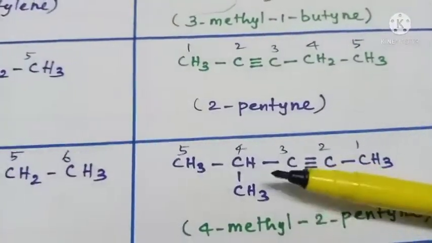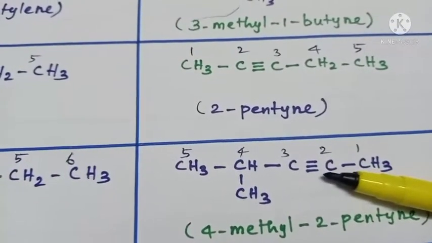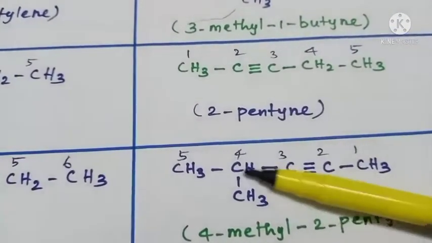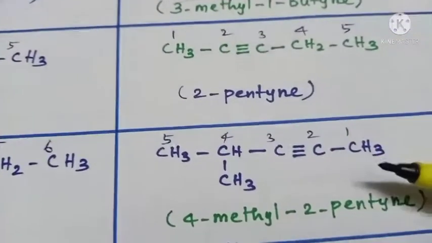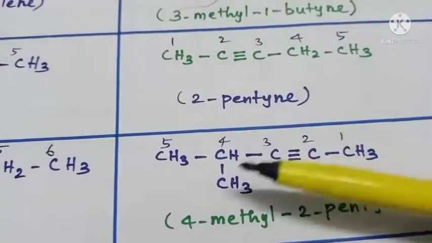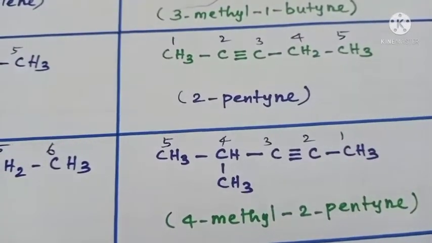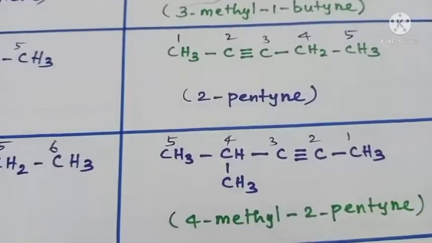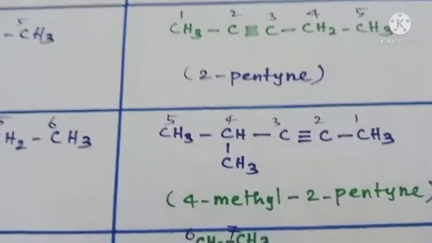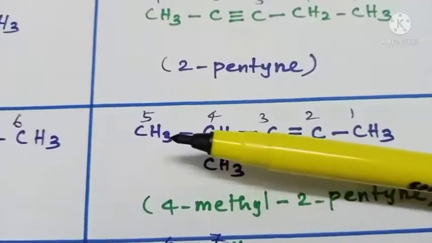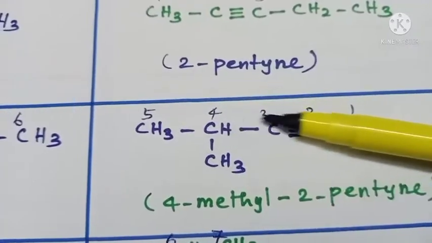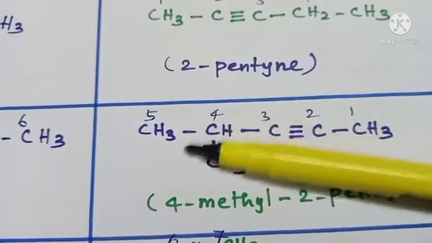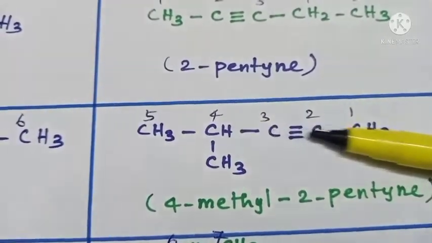Now this one, this is an acetylene portion, isn't it? C triple bond C. Right side methyl group, left side isopropyl group. So the common name is probably methyl isopropyl acetylene. Okay, right. Now let us see how to give the IUPAC name for this compound. So select the longest carbon chain, this one. Even you can go this way also, but both are equivalent, so I choose the horizontal one.